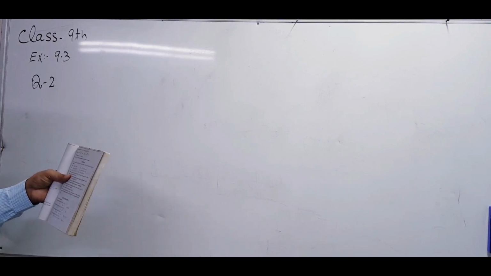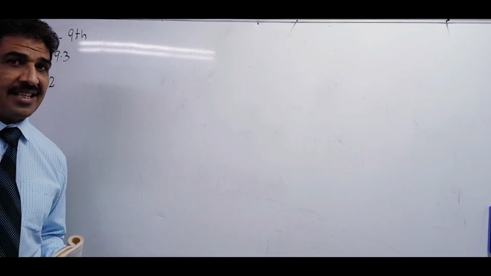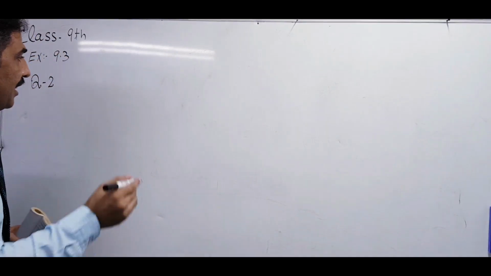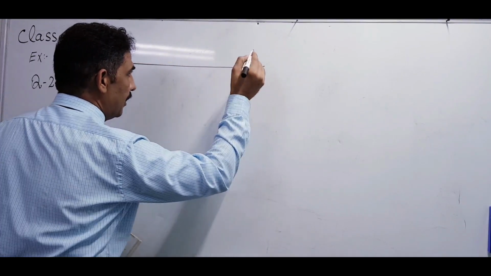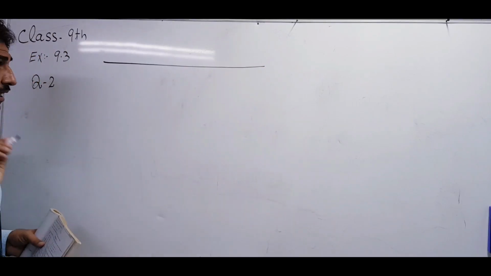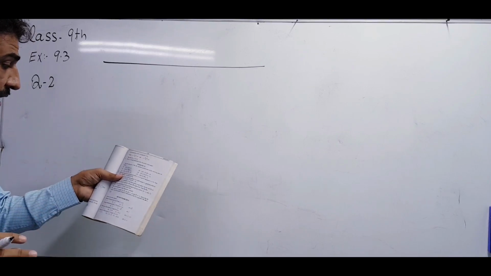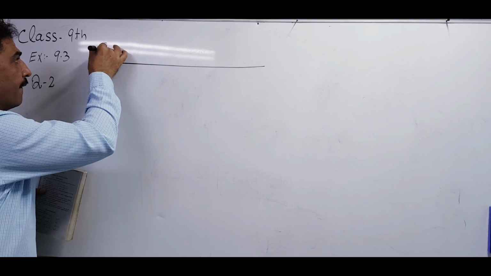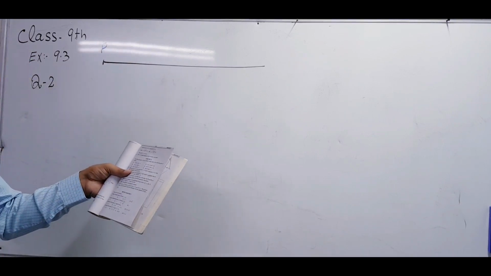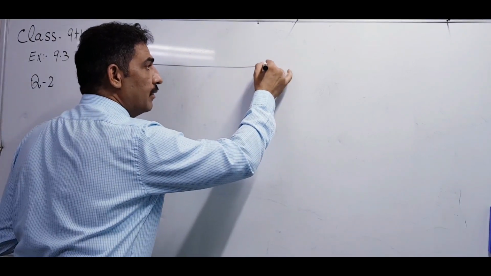The end point P of a line segment PQ. What does it mean? There is a line segment, a piece of a line, and there is a point P, because he said the end point P. So we assume that this is the end point P, and he said the line segment PQ. It means that the other point is its value